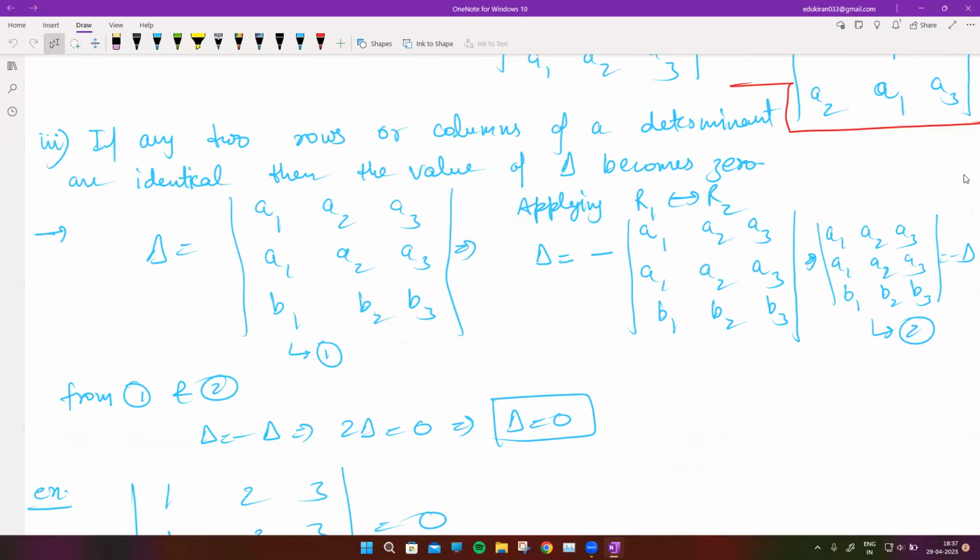Like if one row is 1, 2, 3, and the second row is a multiple of 1, 2, 3. So let's say k times 1, 2, 3. It can be anything. Multiply this by 4. So 4, 8, and 12. So if the second row is a multiple of the first row, or let's say any 2 rows are same or they are multiples of each other, in that case, the value of that determinant will be 0. Right? And